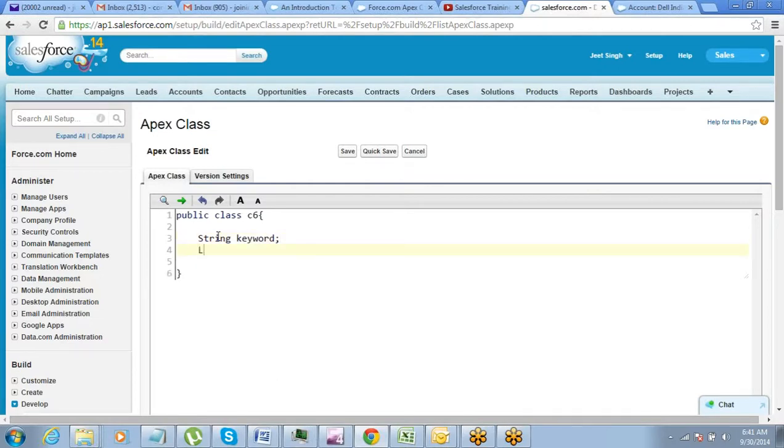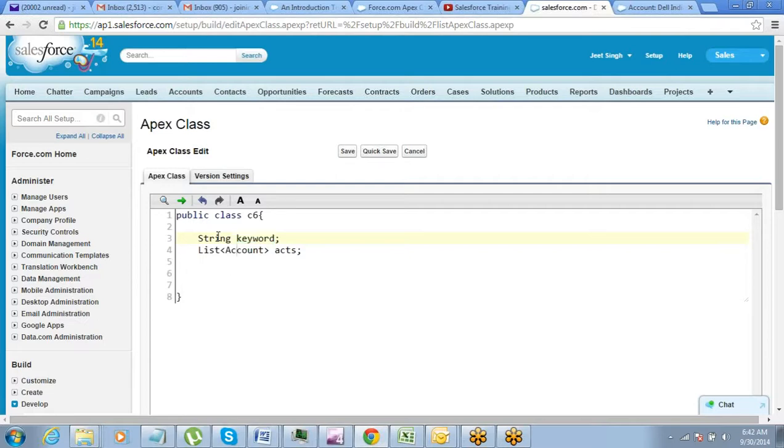Second will be my list of accounts, which will be a list of SObject, or call it accs. So this is what will be returned after that search happens, right? So this is going to be my end result, which I will display on the page. Okay. Now this page will help you search for accounts using this keyword. So this is what we have to do.